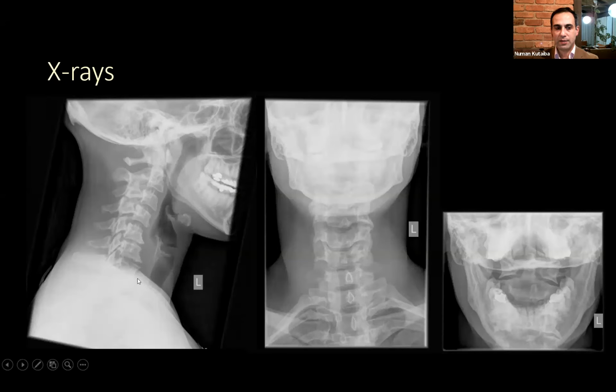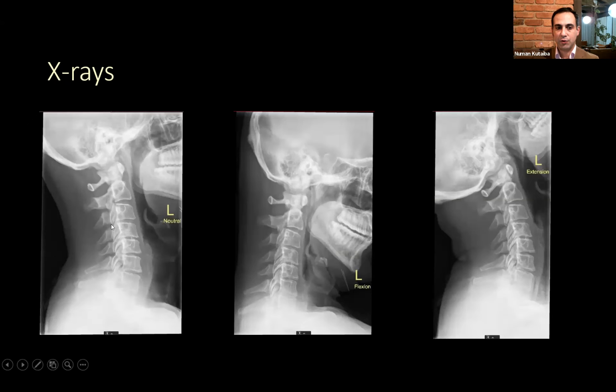In this case, this is an elderly patient. You can already see some degenerative changes in the lower cervical spine. There are some osteophytic changes and narrowing of the intervertebral disc space, and straightening of the cervical spine. Normally it has a lordotic alignment, which means it's slightly convex anterior, towards the anterior part of the patient.